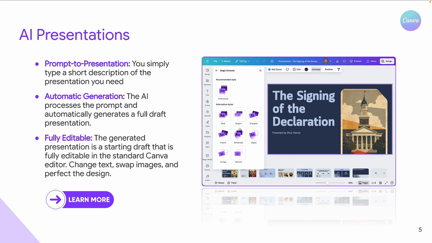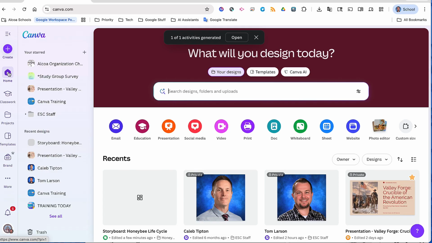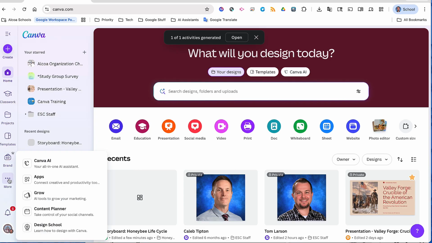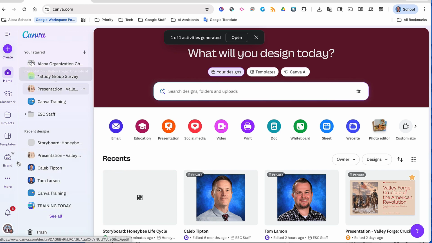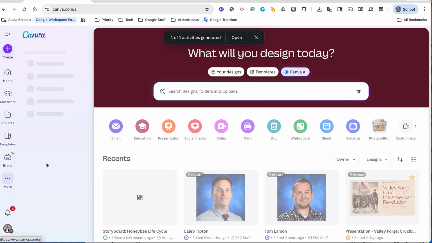AI presentations. This is, of all the features, I think this is the one that I was most excited about. All right, so this is where you basically just give it a prompt, just like we did before, and it'll build the entire presentation for you. There's a couple ways to do this. You'll notice on the left-hand side, I have more. You'll have a section called Canva AI. You could choose that option, or you could go right to presentation, which is an option running across the top there. So if I go back down here to Canva AI,